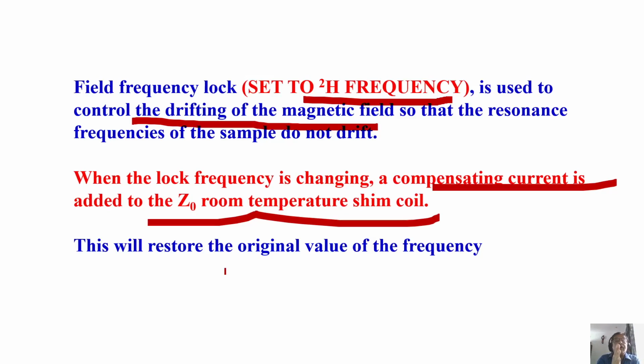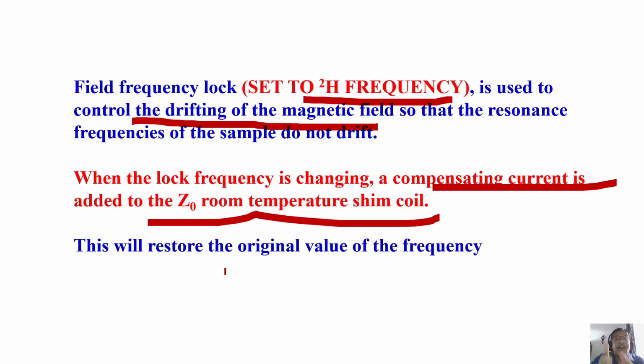So you will have a uniform magnetic field all across the sample volume, so that all the nuclear spins will sense the same magnetic field, so there is no distortion of the line shapes, no additional broadening because of field drift. If the field drifts more, then at different times the nuclear spins see different magnetic fields.